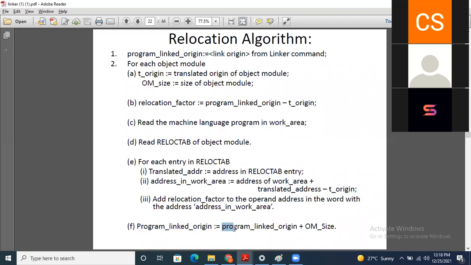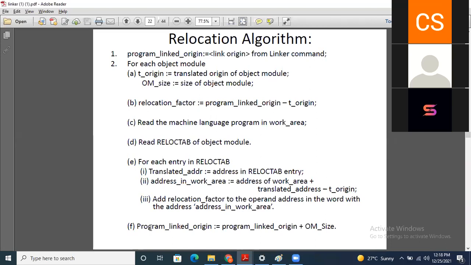So program link origin plus OM size, that is 900 plus 42, that is 942. So that will be initialized to program linked origin 942. Then from there I can relocate another program, at that location.